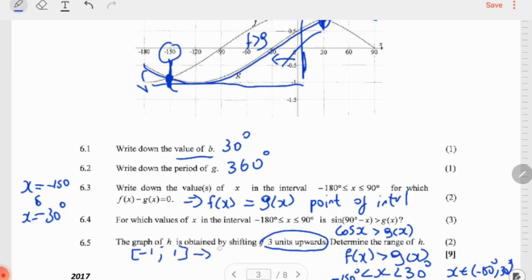So if we shift this 3 units upwards, that means we have to add 3 to the original range. -1 plus 3 is -2, and then 1 plus 3 will then give us a 4. So the new range is -2 to 4, or you could have just said